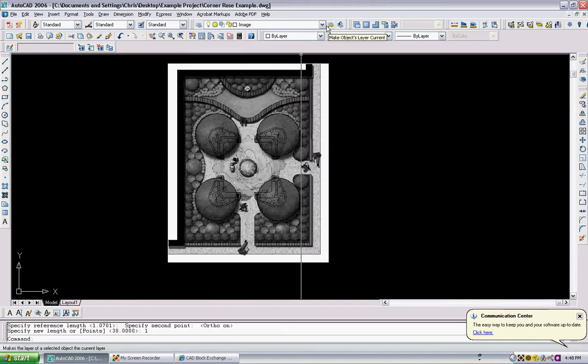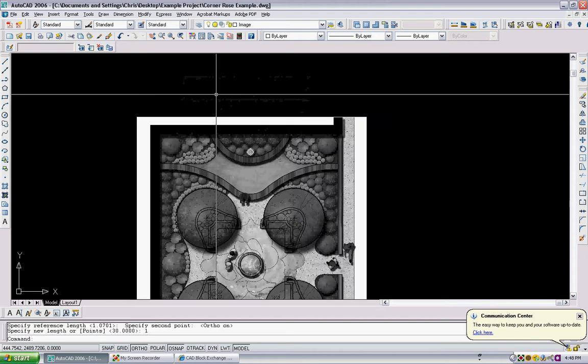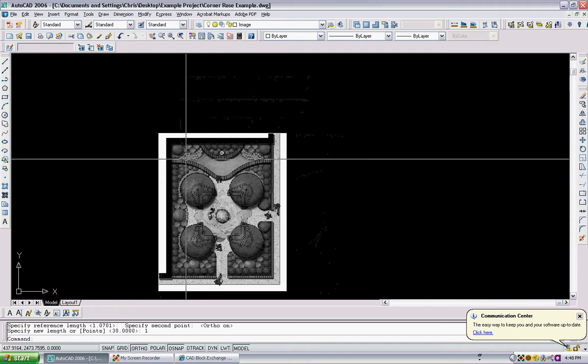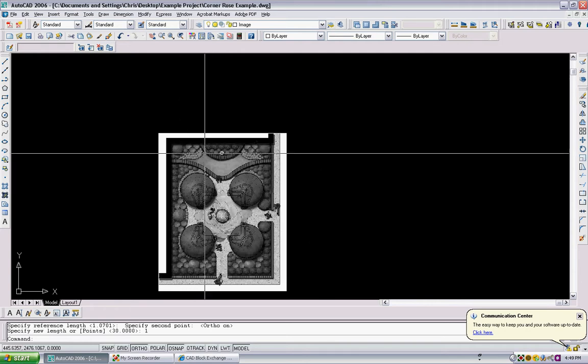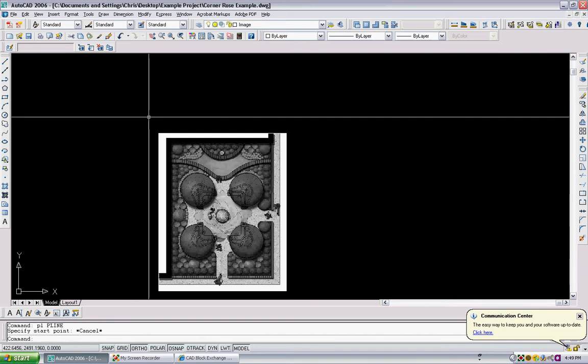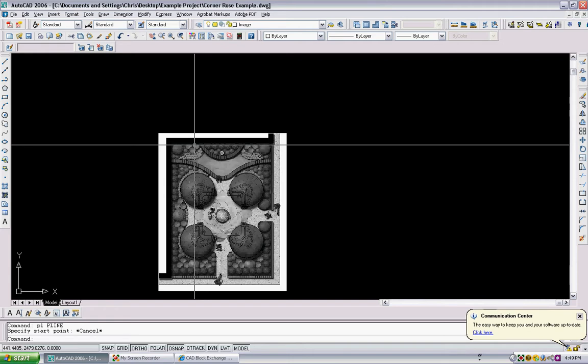Now, align. Let me show you something else. You can also use the align tool to scale, but more importantly, it allows you to straighten your drawings up. Because oftentimes you'll scan or trace in, and it'll come in crooked. Like this is obviously straight, but it'll come in crooked. So say for instance it came in crooked, and I'm going to rotate this now just to demonstrate that, and